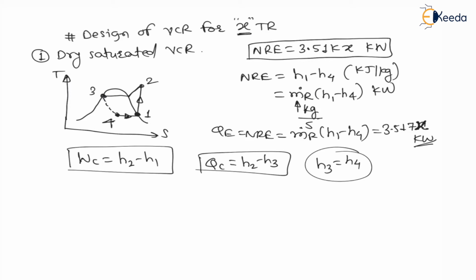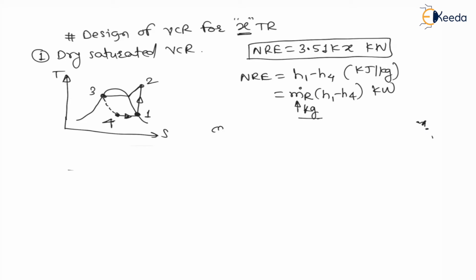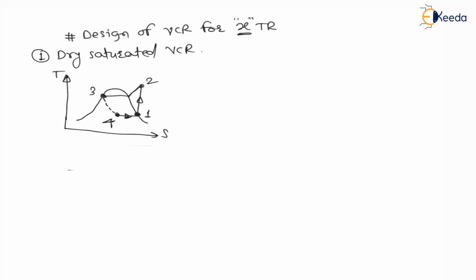Now, my dear students, here our target is to find H1, H2, H3 and H4 values from the steam table, because the steam table is provided to find all these values. So let us find these values from the steam table, and how to find that we will check, right? Now, first of all, for initial condition H1 value, 4 to 1 is evaporator process, therefore it is evaporator pressure, which is lower pressure. And 2 to 3 is condenser, therefore 2 to 3 the pressure is condenser pressure, which is constant, and 4 to 1 evaporator pressure is constant.